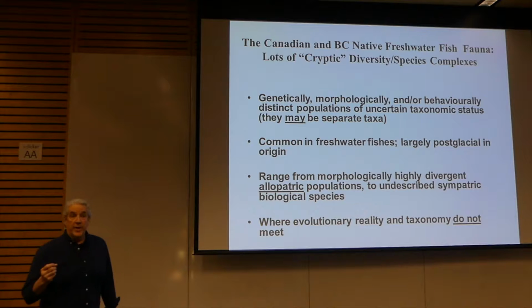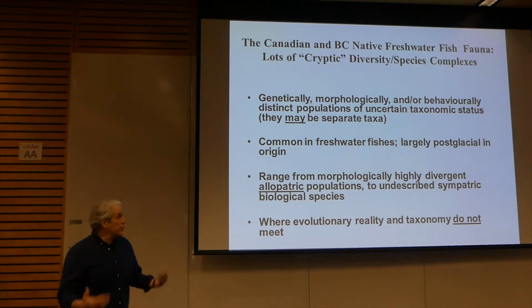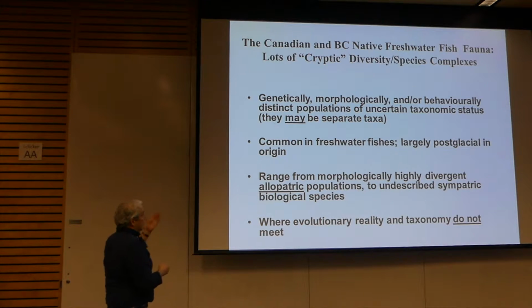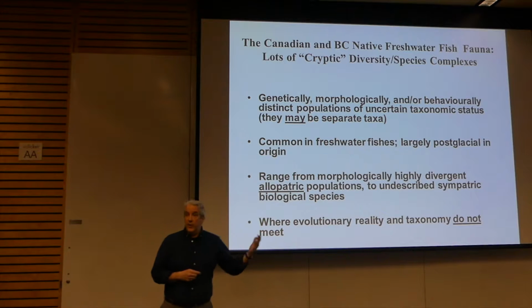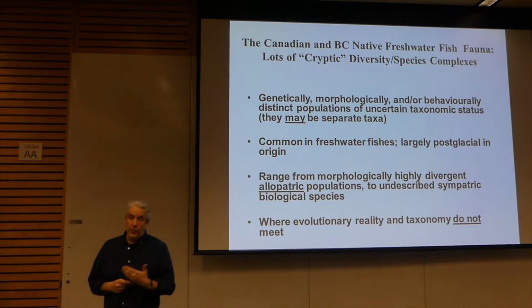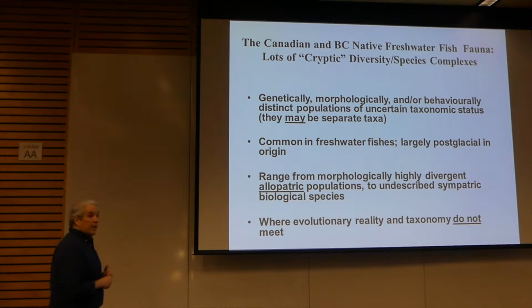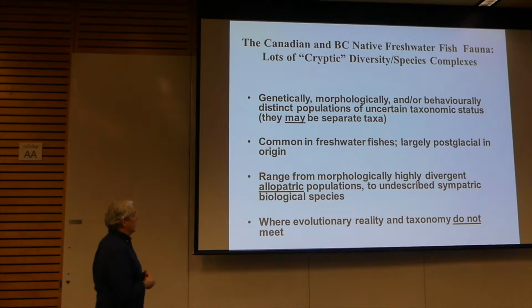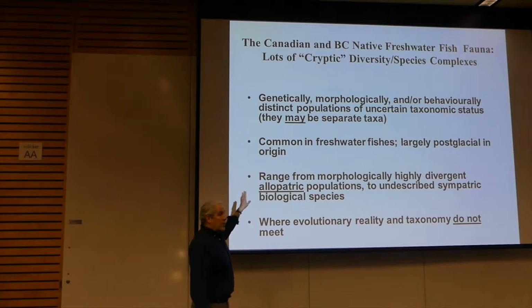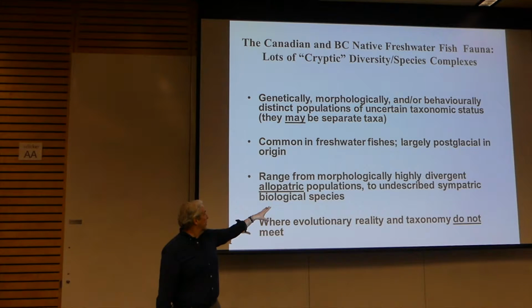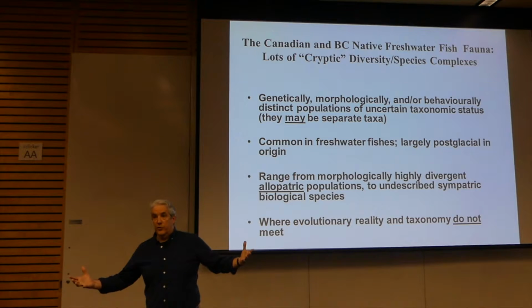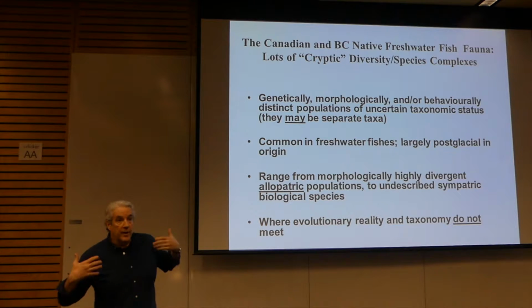They may in fact be separate taxa, we just haven't got around to describing them. As I mentioned, this is very common in freshwater fishes, certainly across all the northern hemisphere, but also increasingly we're discovering this in the southern hemisphere as well, areas that have been impacted by glaciation. And these different populations range from morphologically and highly divergent allopatric populations, where the real problems of deciding whether it's a biological species or not are most apparent,